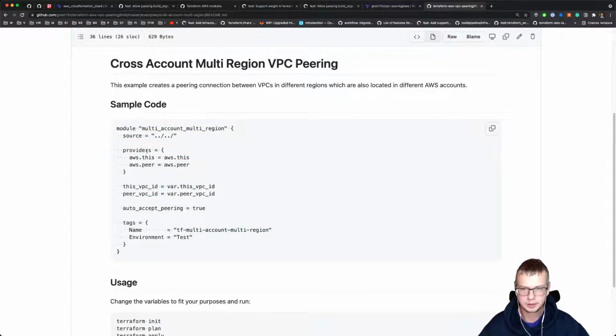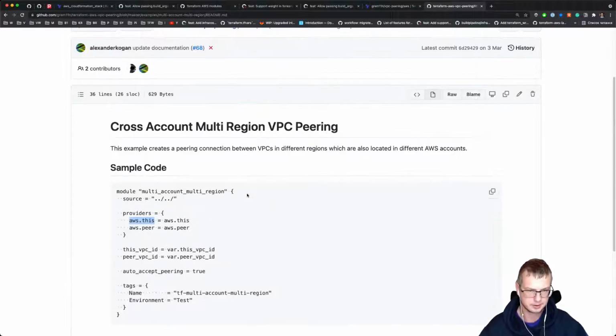The module itself should be able to understand that two AWS aliases will have to be specified, like in this case aws.this and aws.peer. These two aliases will have to be provided, and the module itself will understand that they belong to different accounts and who does the peering and who does the acceptance in terms of